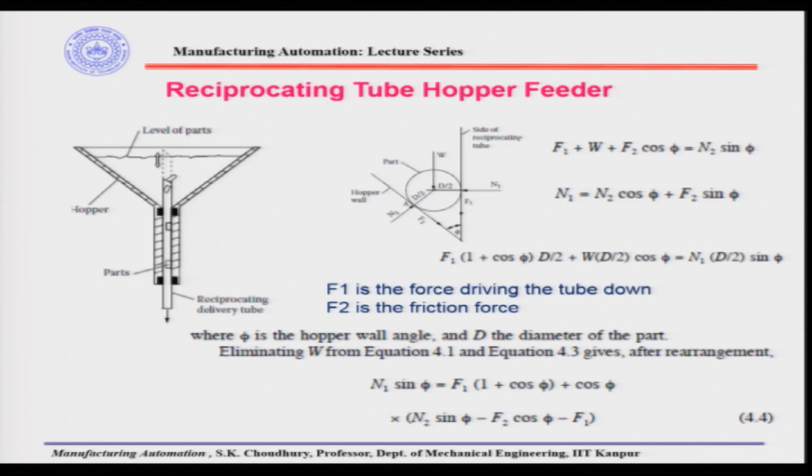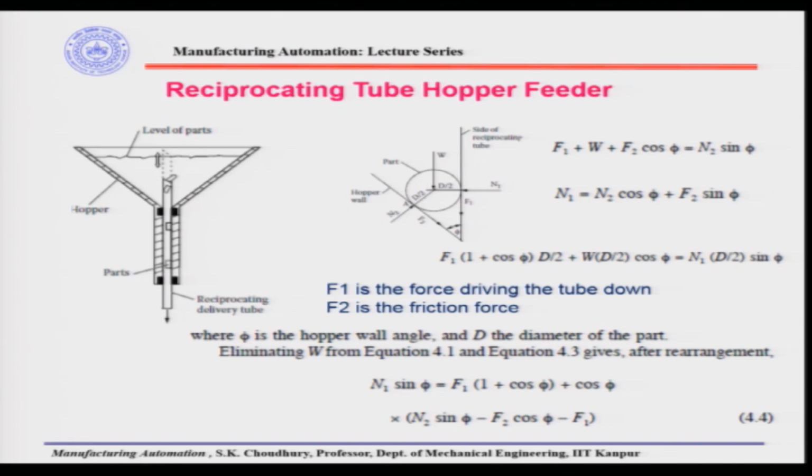Now, the tube reciprocates and has a hollow inside, and the hollow silhouette of the tube is accordingly made as per the part shape. When the tube reciprocates, the parts can come to the outlet through the hollow part of the tube. So, in this design there are certain aspects which have to be considered, and one